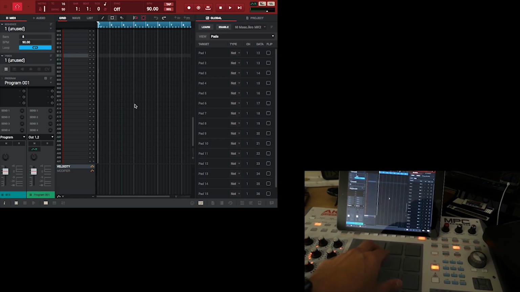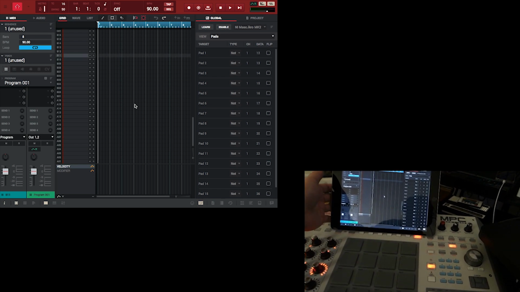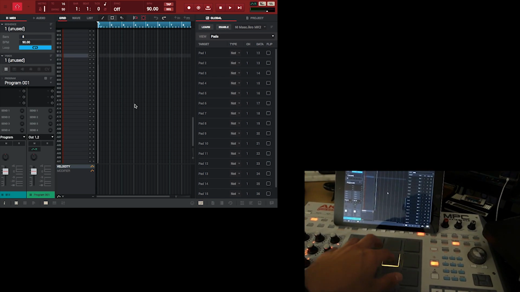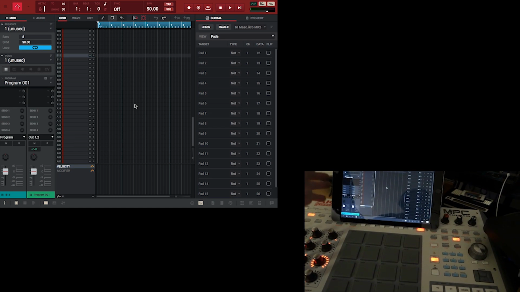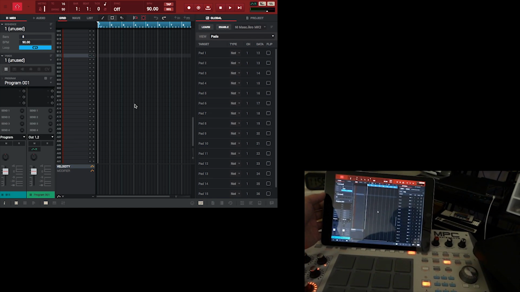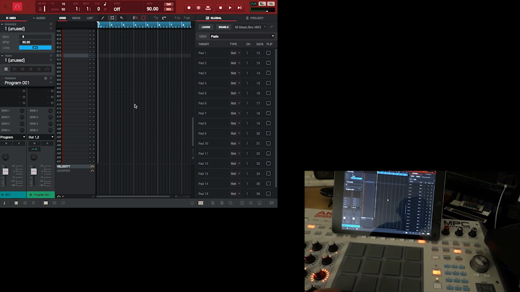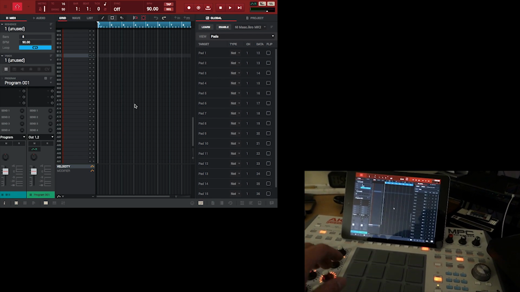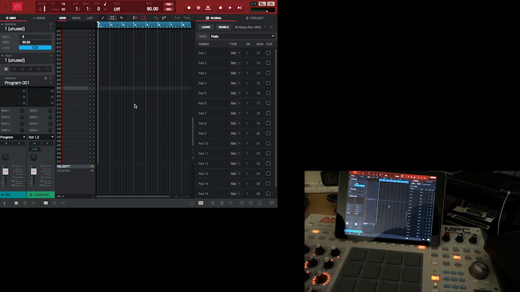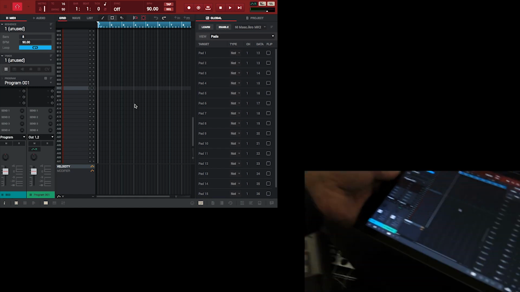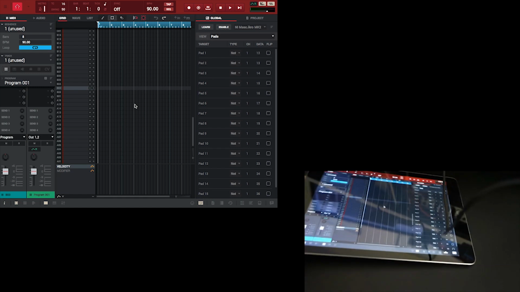But this gets you away from using the computer screen. Basically, you just transfer the computer screen over to your iPad, and you can look at what the MPC software is doing while using the Renaissance. But yeah, that's pretty much all the iPad apps that I use